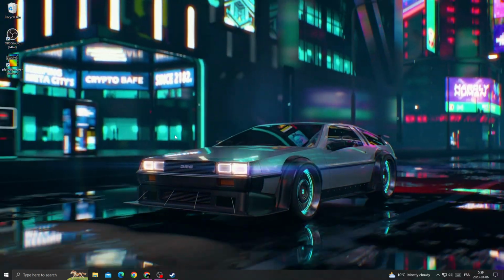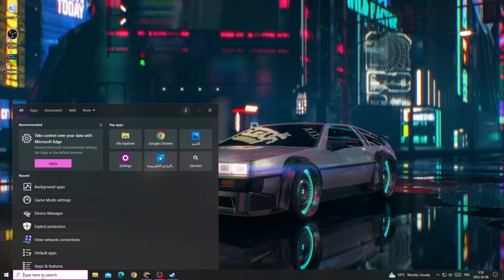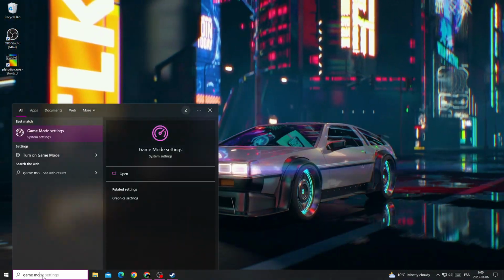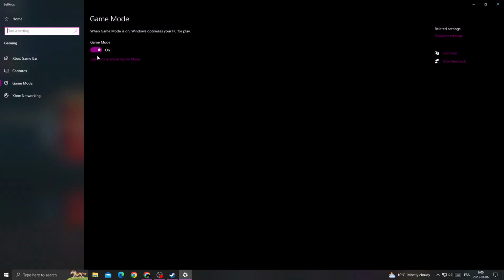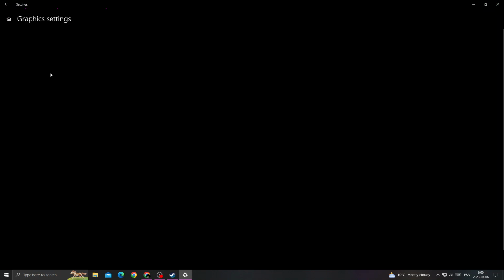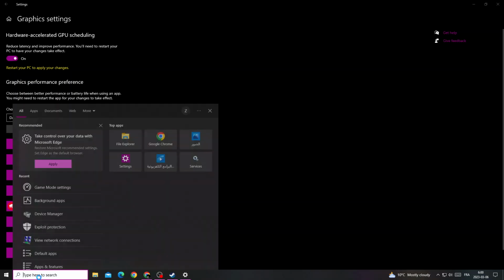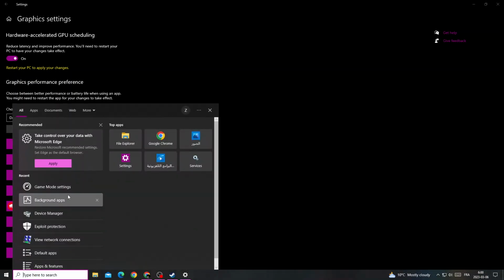If you want to fix it, all you have to do is click here and then type here game mode, turn it on, go to Xbox Game Bar, turn it off, go to graphics settings. Now turn this one on and then go back and type here